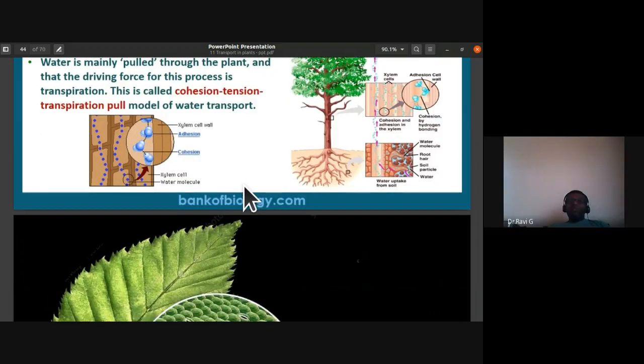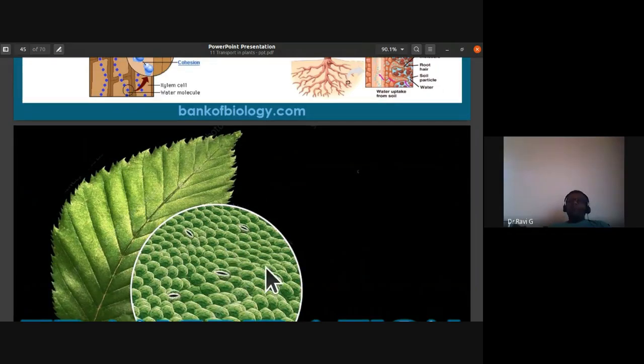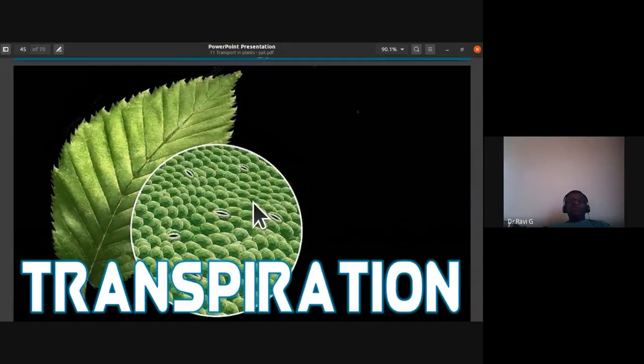So I have already told you the example of borewell and flow of water from the boiler to your bucket, using a sucked pipe. So they are all similar to this transpirational pull theory. I've given you those analogy of examples to explain this transpirational pull theory. Now let us understand about this transpiration more in details.